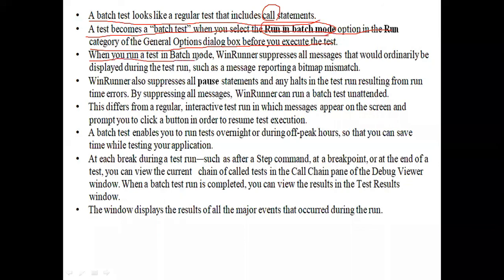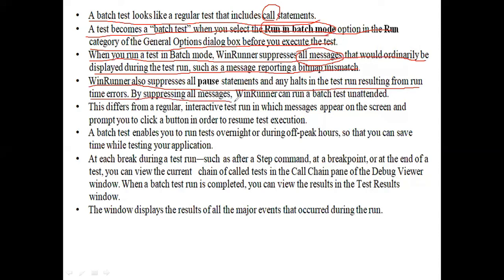When you run a test in batch mode, WinRunner suppresses all messages that would ordinarily be displayed during the test run, such as the message reporting a bitmap mismatch. WinRunner also suppresses all pass statements and any halts in the test run resulting from runtime errors.